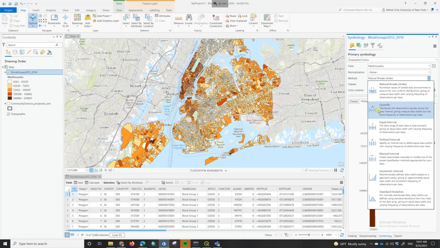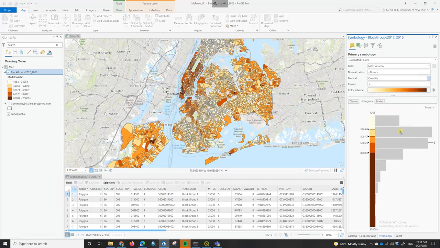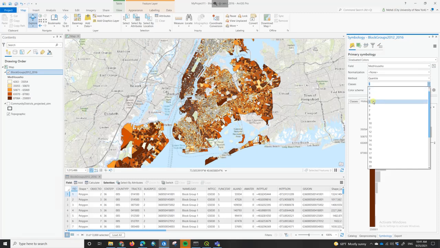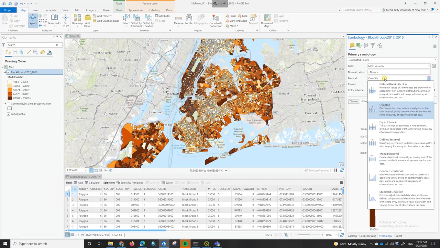If it is 4 classes, they're going to be 25, 25, 25. So quantile is always an interesting method for me because it just distributes them evenly in different classes. And you can also set the number of classes here. You can say 5, 4. There are other classification